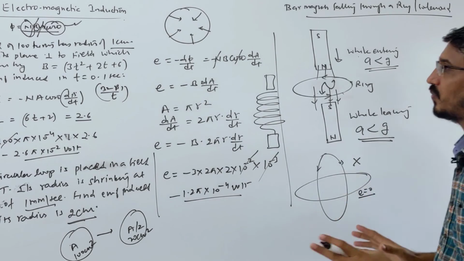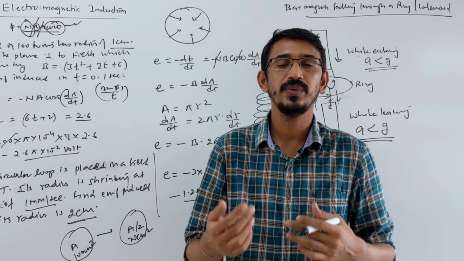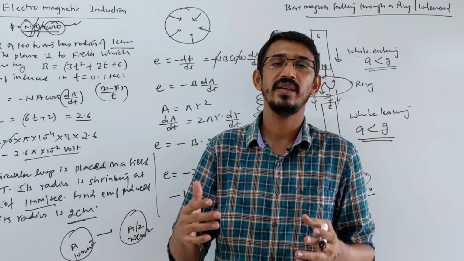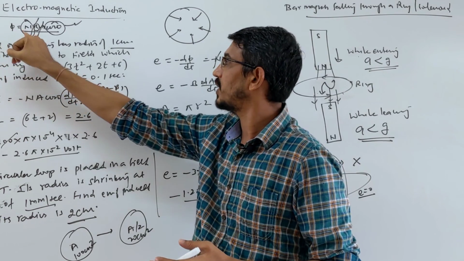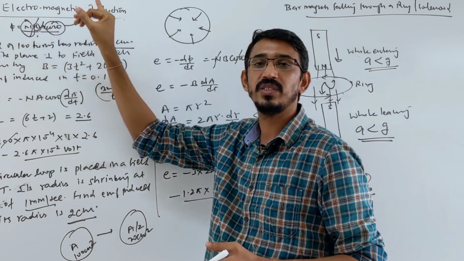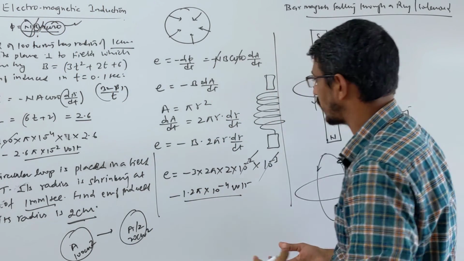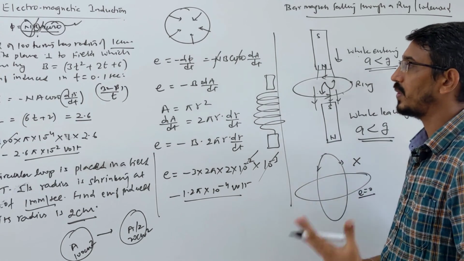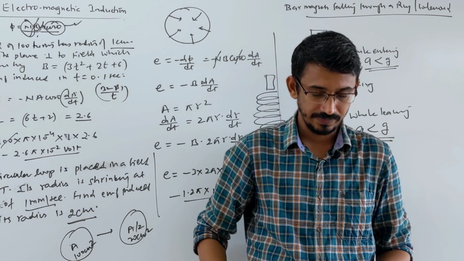So this is all for the first topic, where we have the basic formula of induced EMF, which is minus d phi by dt, where phi is NBA cos theta. To change the flux, you can change the number of turns, you can change the field, you can change the area, you can change the angle also, right? So please solve questions on this topic, and tomorrow we'll continue, and we will learn self induction tomorrow. Till then, bye.